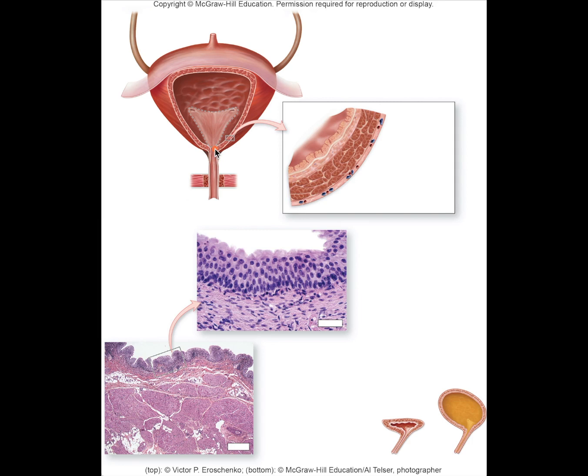Then the urine empties from the bladder into the urethra, and we have 2 sphincters. We have an internal urethral sphincter here that has involuntary smooth muscle in there. So when your bladder gets full to the point that the stretch receptors are activated, the bladder will then open this